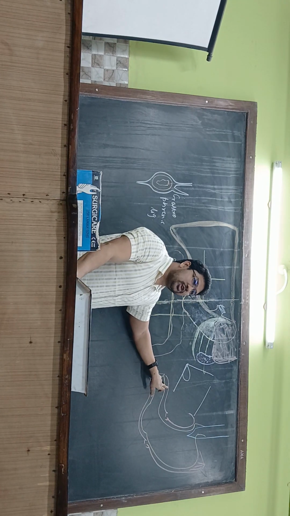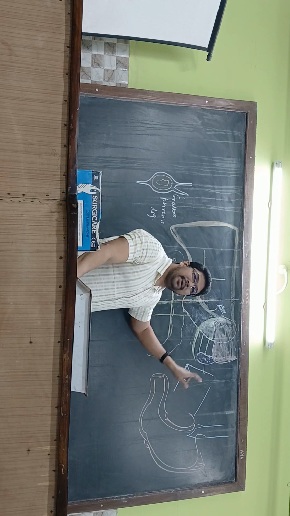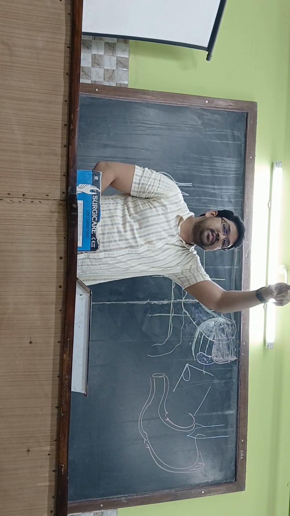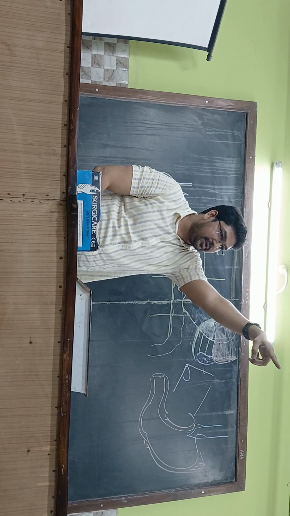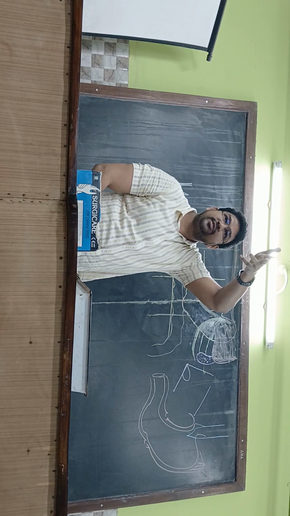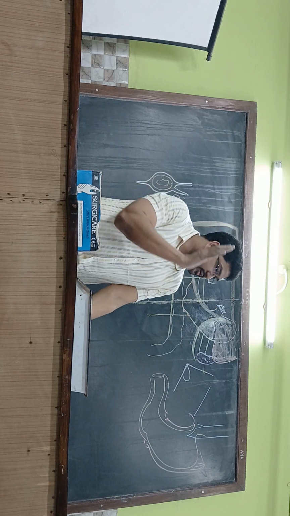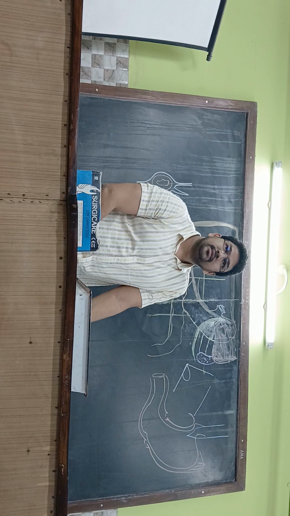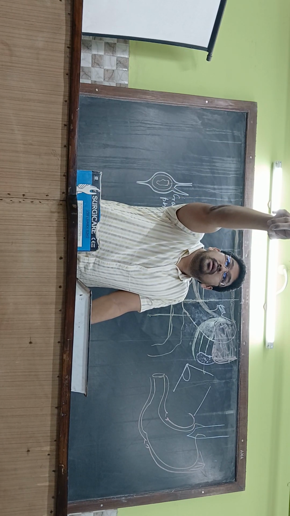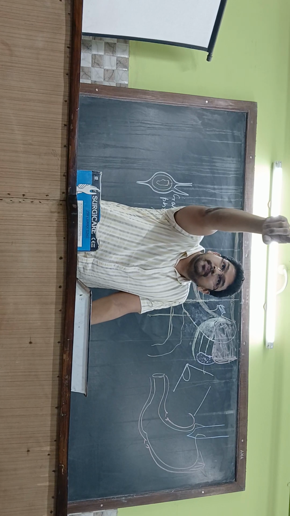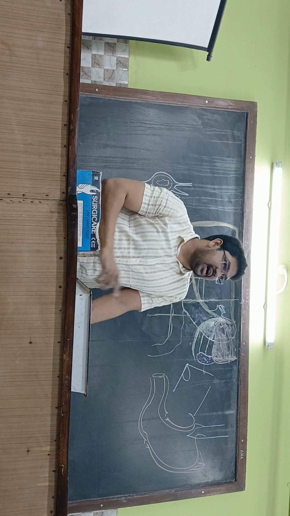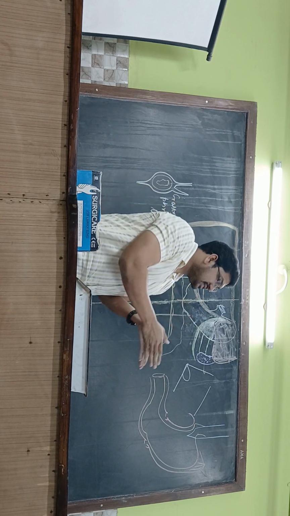Right gastric artery is a branch of the common hepatic artery. What is the difference between common hepatic artery and proper hepatic artery? From when will it be called the proper hepatic artery? Exactly, after giving a branch called the right gastric artery, the same artery is termed as